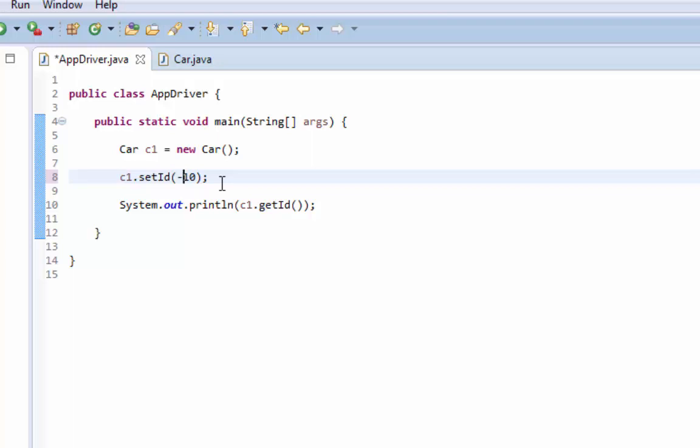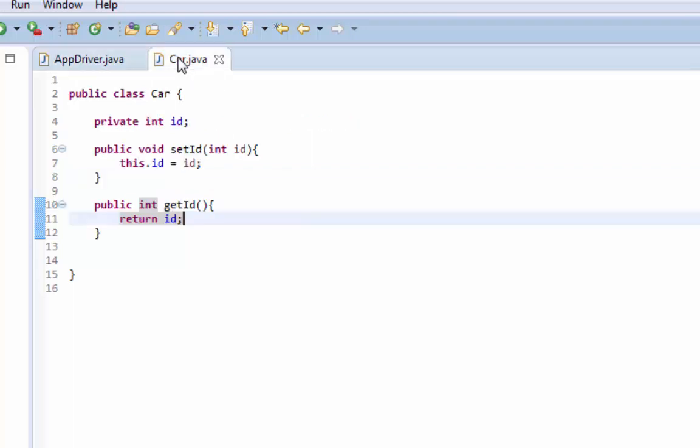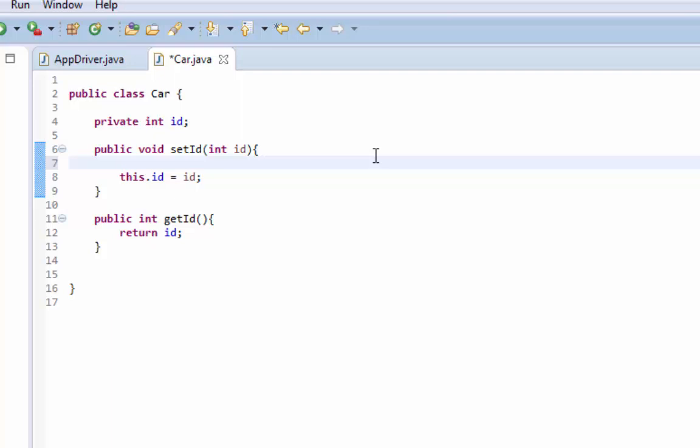So a negative ID is not valid, and this is exactly why we don't make the ID instance variable public, because there's nothing right now that's stopping me from making the ID -10, which is invalid. So I'm just going to save this here. I'm going to go back to my car class, and I'm going to write some validation code in my setter. So I'm going to do if